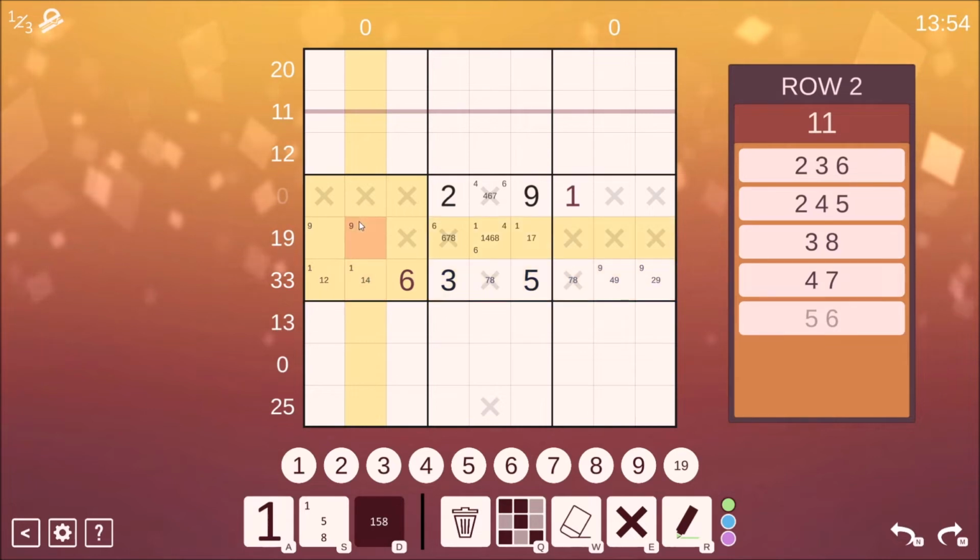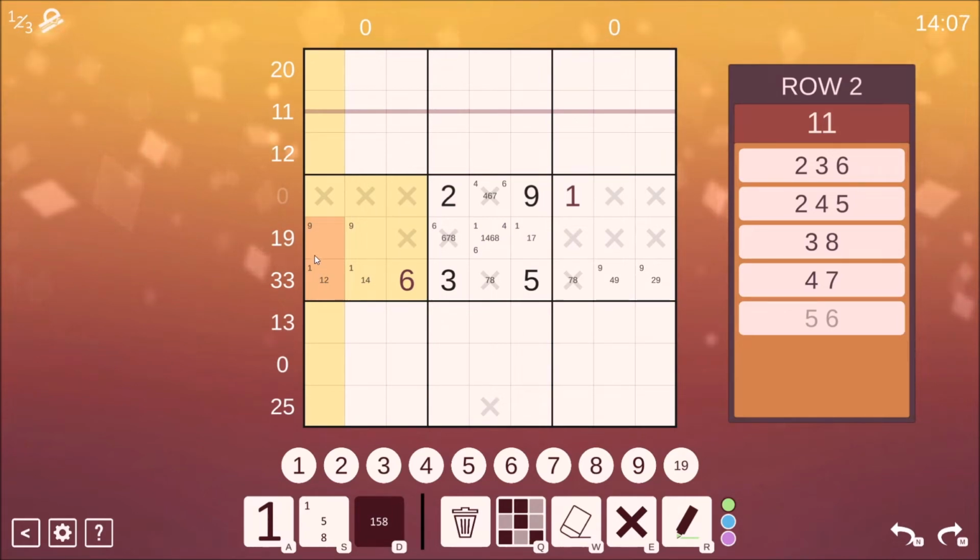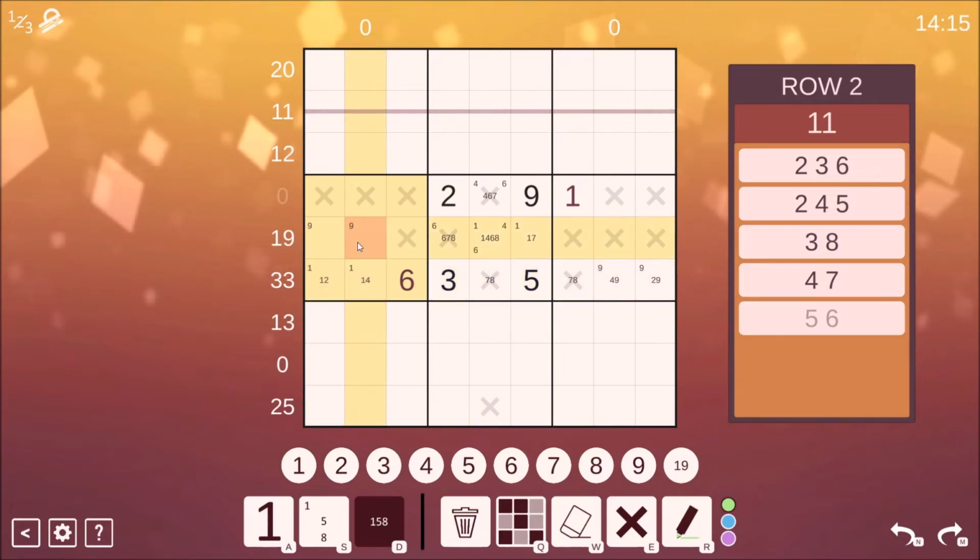Is that if we have a 9 here, we will have to have a 1 here. And if we have a 9 here, we will have to have a 1 here. Actually, I don't know that that's true. I guess if we have a 1 here, we can have a 9 there or there. But if we have a 9 here, this 1 has to be there. We cannot have that and that, so